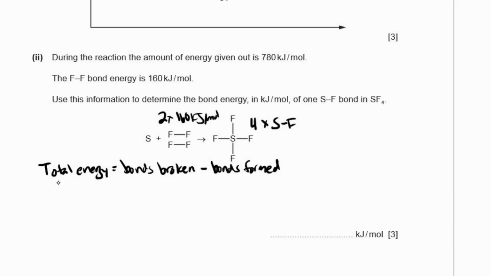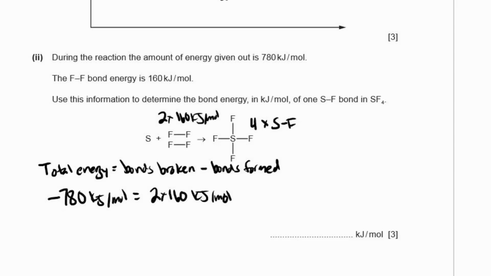Okay, so the total energy here, it says, is the amount of energy given out is 780 kilojoules per mole. That means the actual reaction has lost 780 kilojoules per mole. So that's minus 780 kilojoules per mole equals the bonds broken, which is 2 times 160 kilojoules per mole,